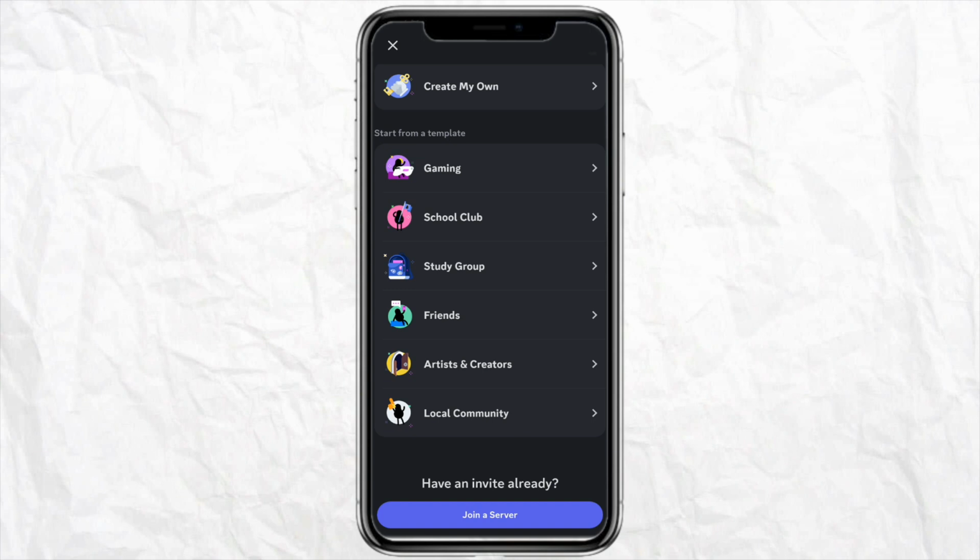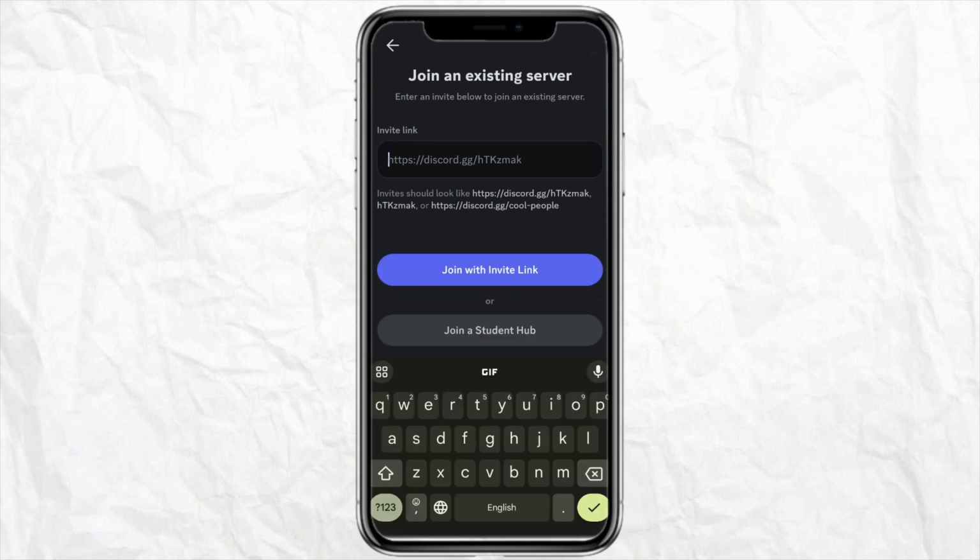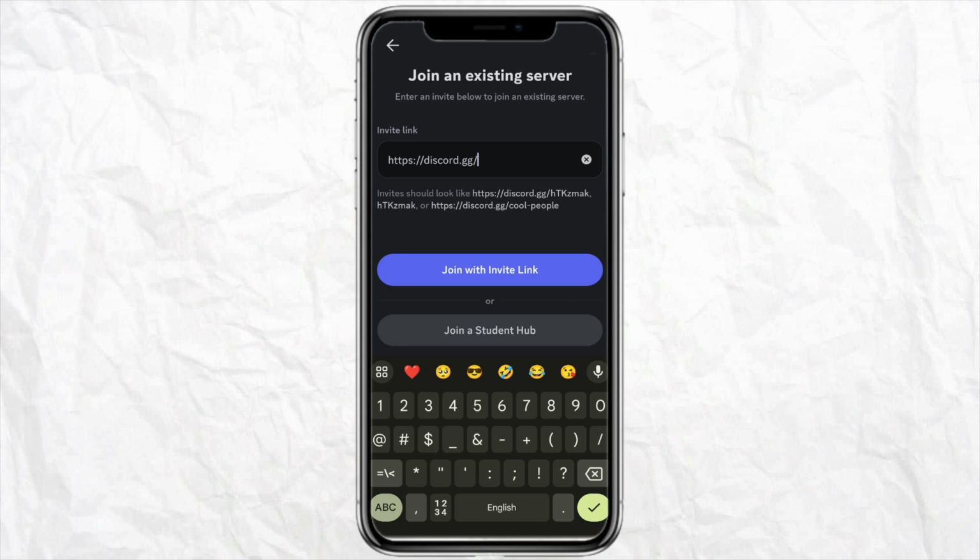So just simply click on join a server from the bottom, and here you will see the option called invite link. Normally you would copy the invite link, but since we don't have one, here in the invite link section you have to type in https://discord.gg/, and after that type in the kind of server that you would want to join. Once you type in the initials, just think of the kind of server that you want to join. For example, I'm writing here Twitch,